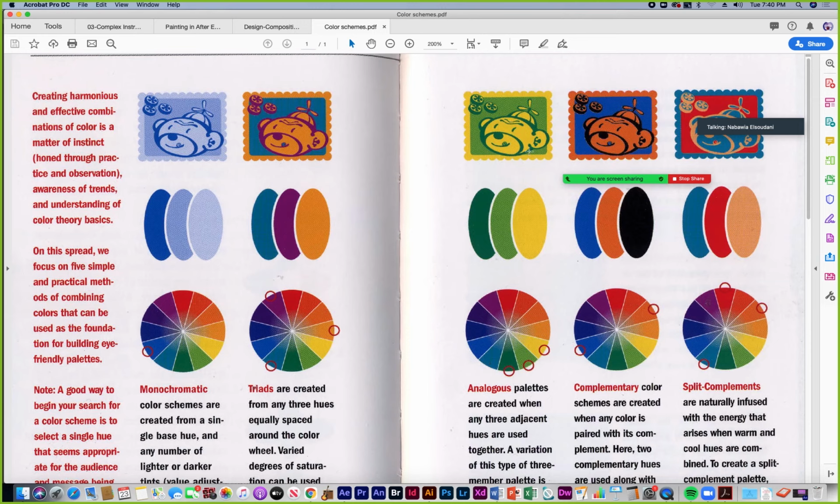This one is an example of analogous colors, where you choose colors that are side by side along the color wheel, and a good harmonious analogous color scheme will have a common primary color. Which is the common primary color in all of these colors? We've got green, we've got yellow green, and we've got yellow.